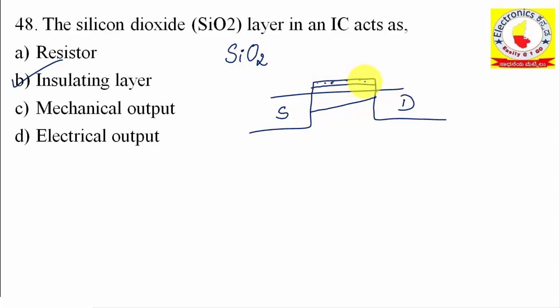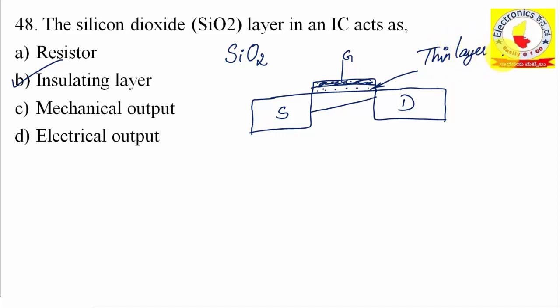This one will be polysilicon, that is the gate terminal, and this part is SiO2, right? So this is a thin layer, in the micrometer range. This is a thin layer,